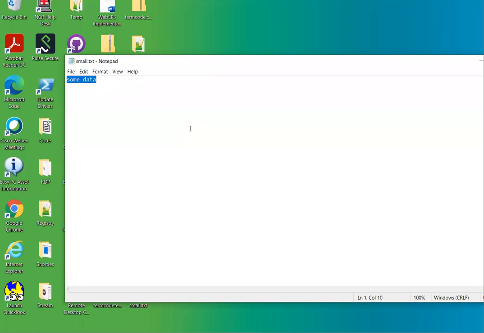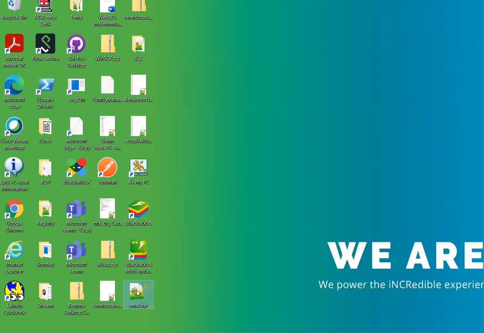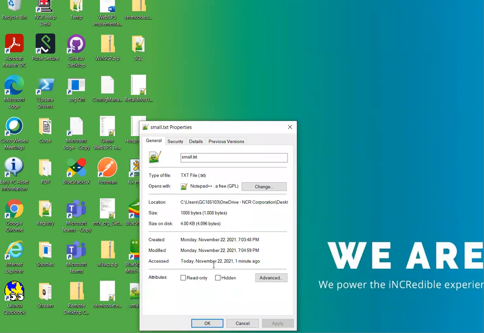Let's add some more data to it. See if we can get this to give me real information. There we go, size on disk. So I've got up to 1,000 bytes in here. But the size on disk is 4,000 bytes, 4096. We're wasting 3K of disk space